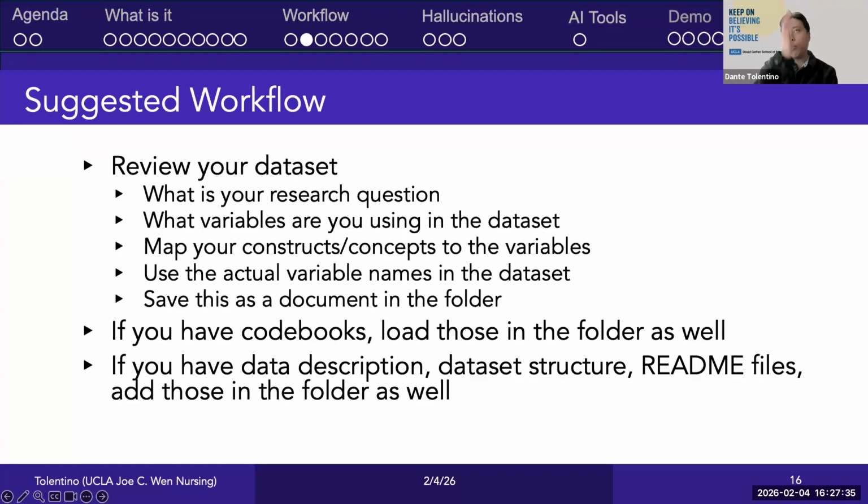So often I would keep a table where I map a lot of these. This is my concept. This is the variable that is in the data set. This is how we're operationalizing them. This is my definition, etc. And so you keep that table and you feed that to your project file in your Gen AI or your AI code editor when you're vibe coding. And that's really the concept of RAG, or retrieval augmented generation, where you have code books, load those in your project folder. If you have references, data descriptions, README files, you keep all those and you reference a lot of those when you're vibe coding.